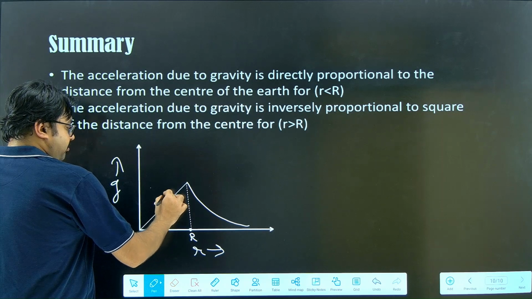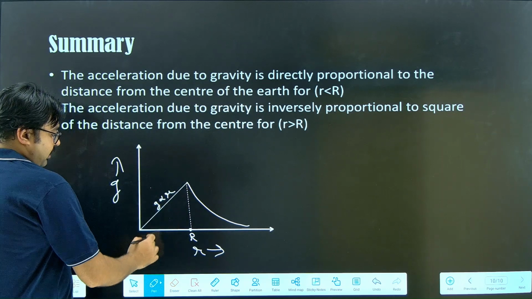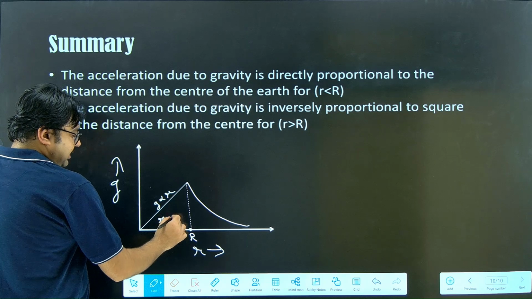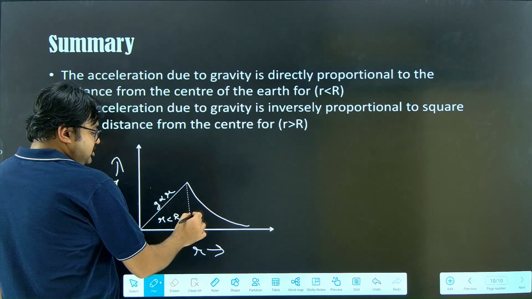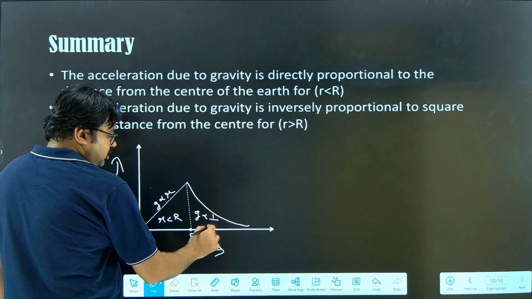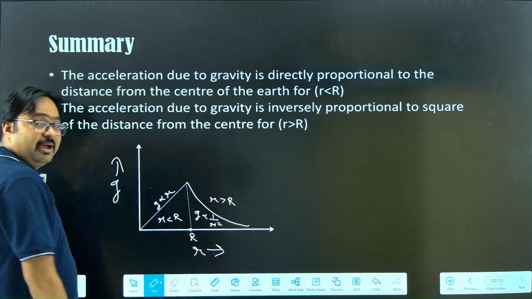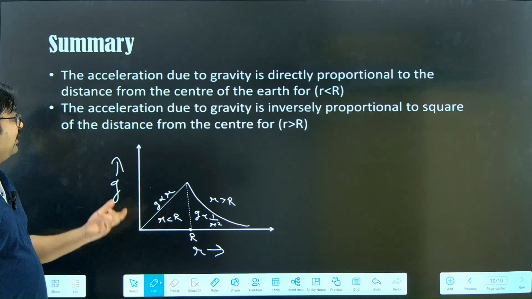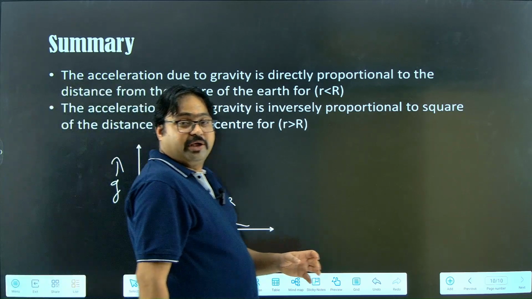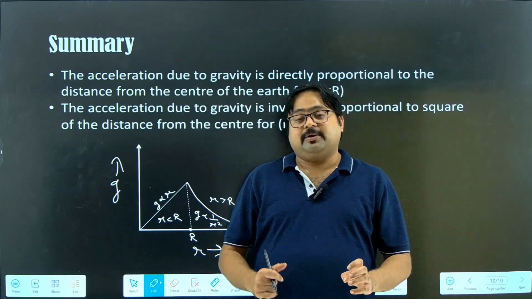G is directly proportional to r for small r less than capital R, and G is inversely proportional to 1 by r square for r greater than capital R being the physical radius of the planet, in this case the earth. So if you understood this graph, I think